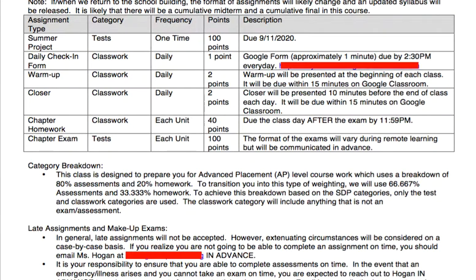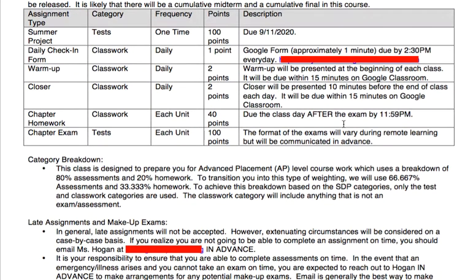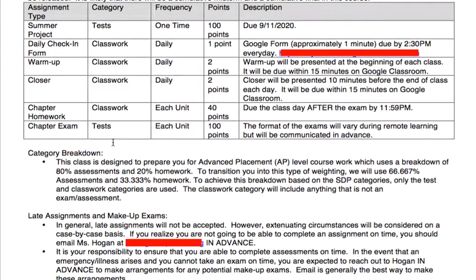I am in all likelihood going to change those homework assignments and make them slightly smaller because, again, I don't think we need more work in the middle of this pandemic. I think we need less work, but it needs to be quality work. So that's due the day after the exam because I learned years ago that if I made it due the day of the exam, everyone stayed up really late doing the homework and then tanked the exam, which is a bad use of your resources because the homework is only worth 40 points and the exams are worth 100, but people did it. The chapter exam is going to be the end of every chapter,